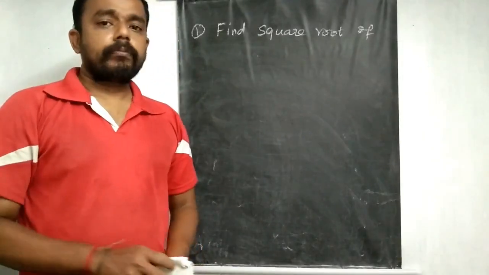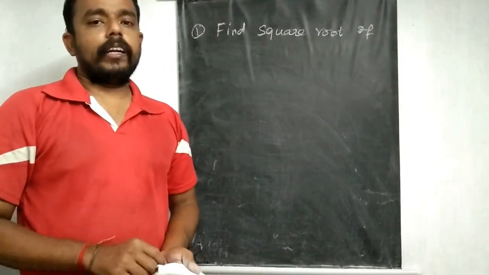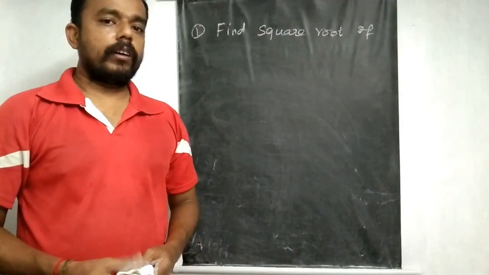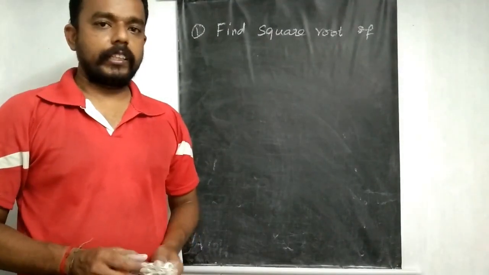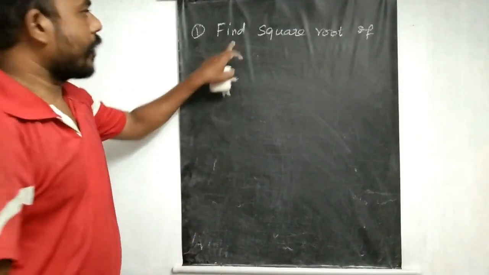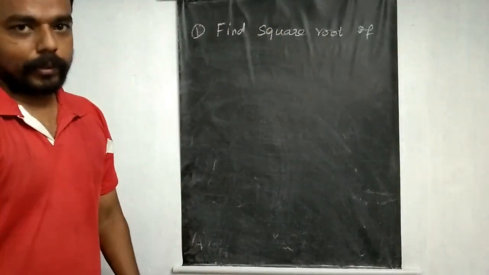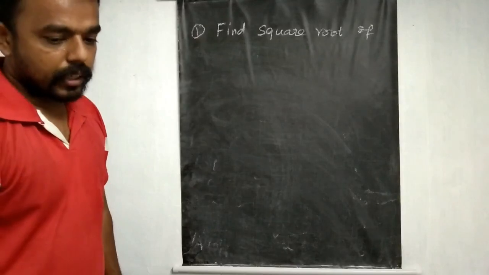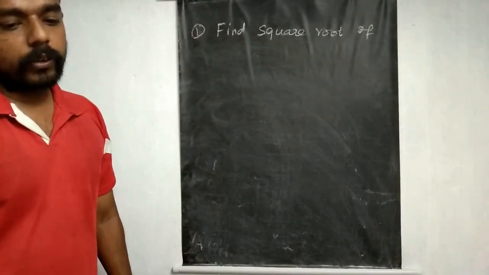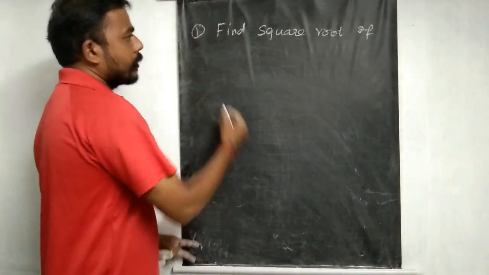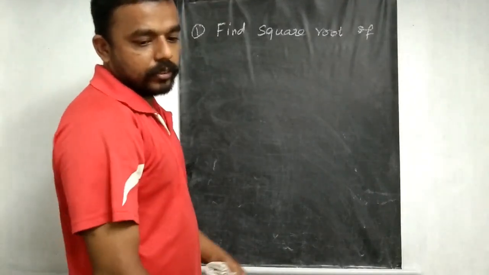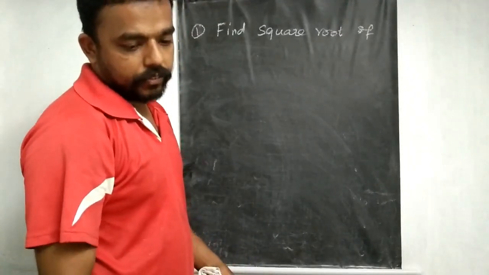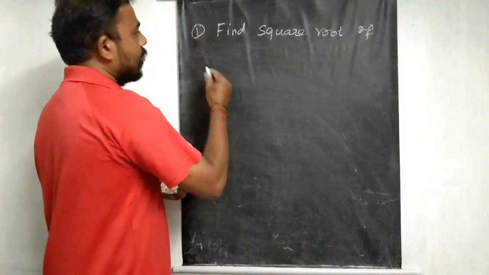So the idea is how to tell whether a number is a perfect square or not by using prime factorization. Okay, so find the square root of a number by using prime factorization. We discussed this thing. So from this only we are going to discuss many problems. Your example 4, example 5, all those things are given.